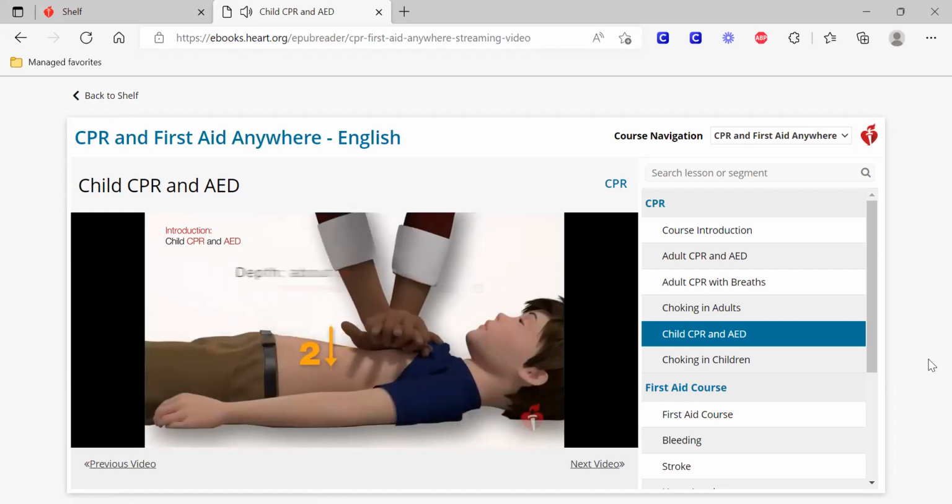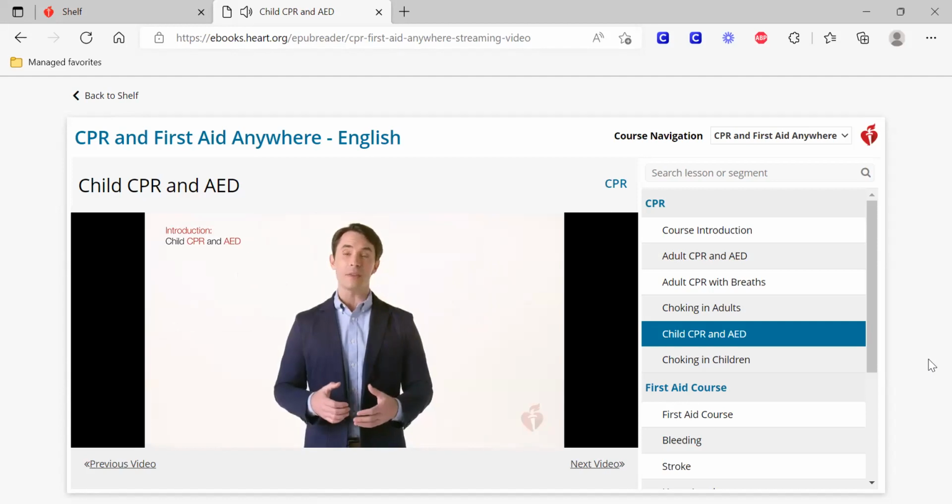When giving compressions to a child during CPR, you need to push the child's chest down about 2 inches, or at least 1/3 the depth of the chest. For a child, you can use 1 or 2 hands to give compressions. Use the number of hands necessary for you to push the child's chest down about 2 inches.